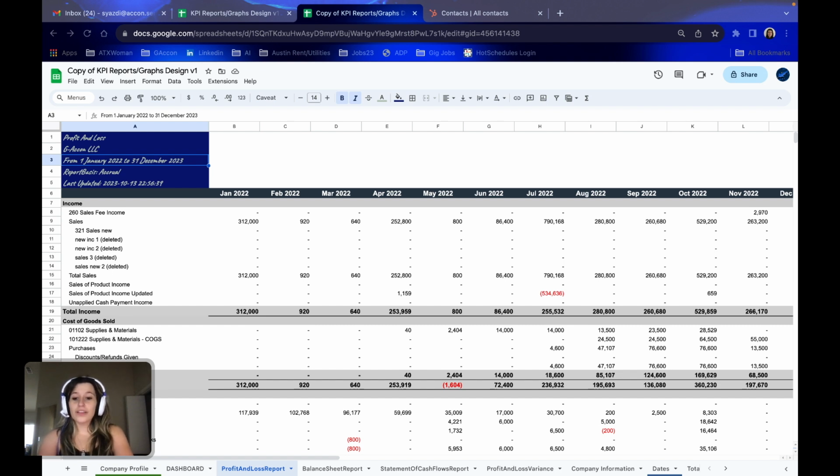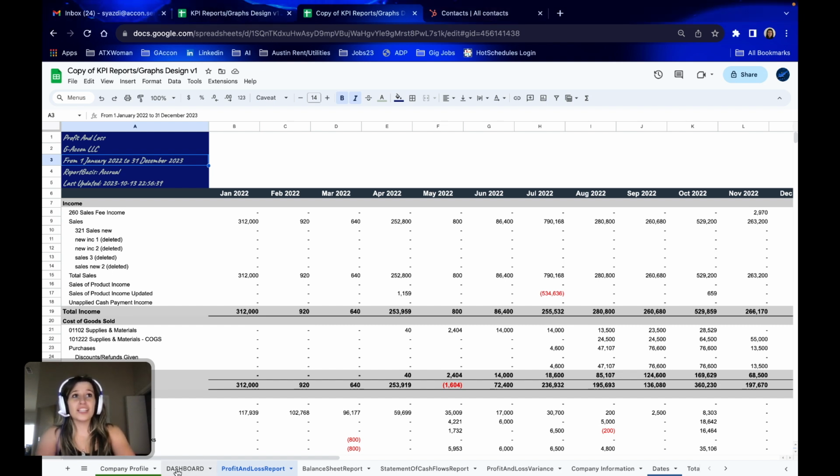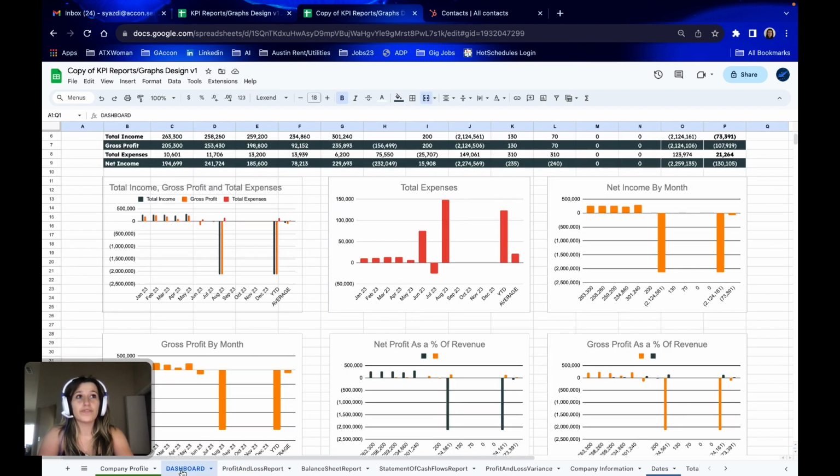One last note on the dashboard is you can see the default reports that we start you off with are the balance sheet reports, the profit and loss report, statement of cash flow report, and then we also have our profit and loss variance report. These are our basic set of reports to start you out with. However, moving forwards from here, you can add and customize any different reports you may need based on your client's needs. These can be age reports, budget reports, trial